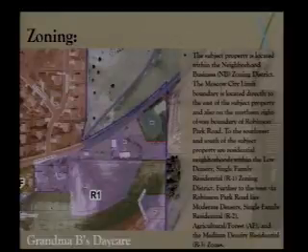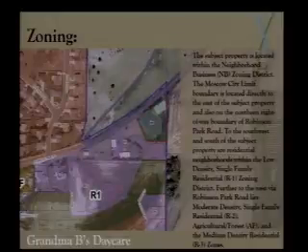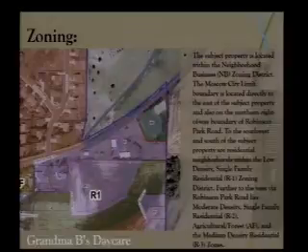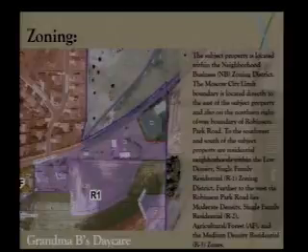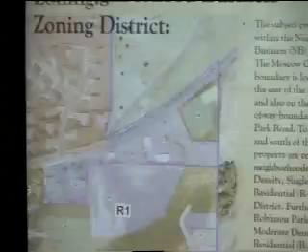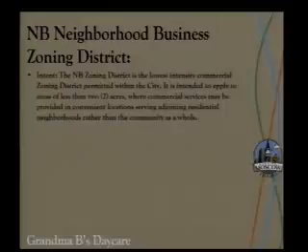right-of-way of the Robinson Park Road. To the southwest and south of the subject property are residential neighborhoods within low-density single-family residential R1 zoning district. Further to the west, via Robinson Park Road, lie moderate-density single-family residence R2, agricultural forest, and medium-density residential R3 zones to this section right there. So, neighborhood business zoning districts, the intent is for the neighborhood business zoning district is the